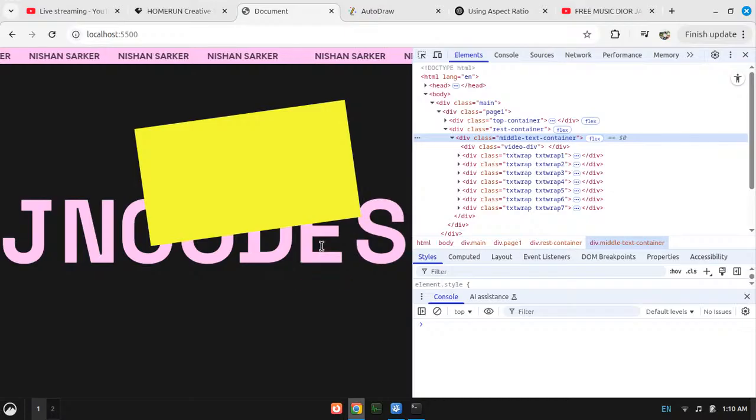Okay, I think my problem is fixed. So for these two elements I can just switch the positions for top and bottom, right?